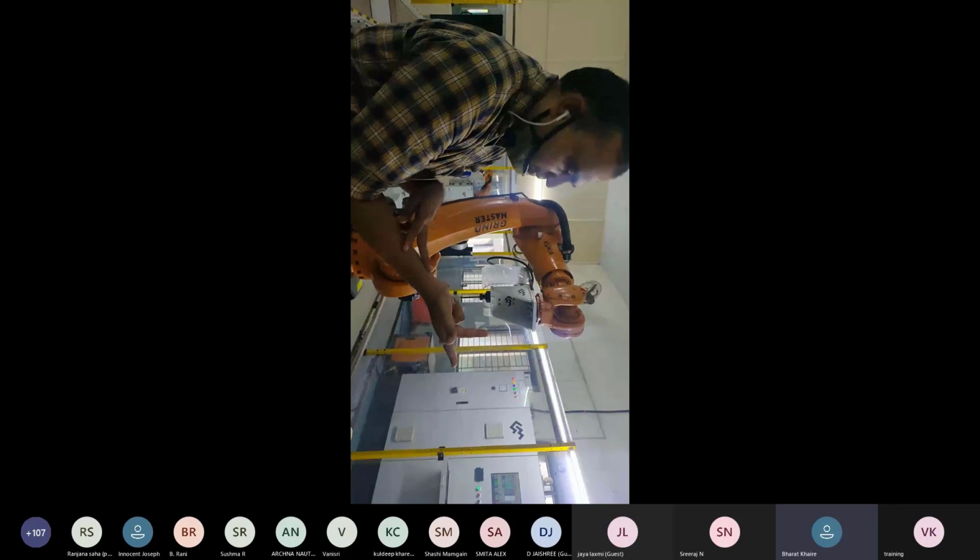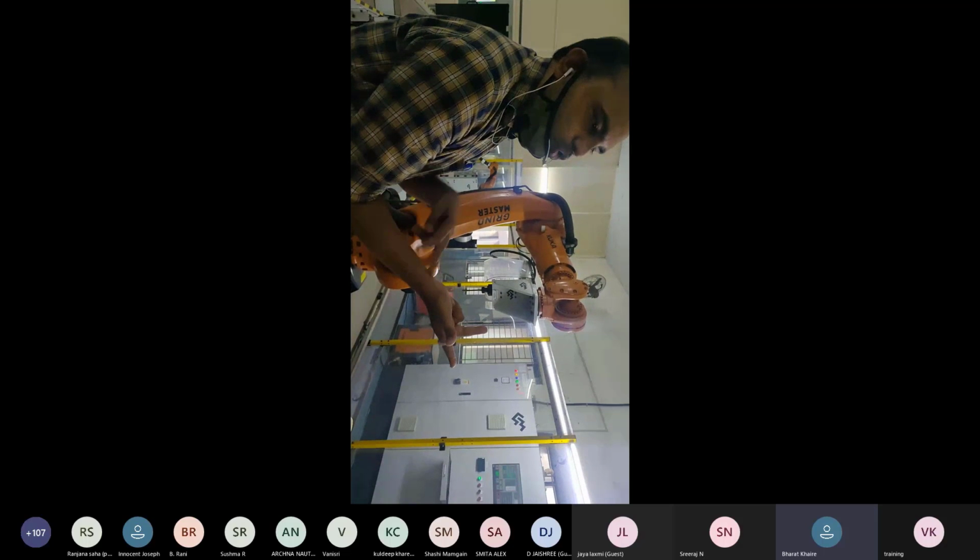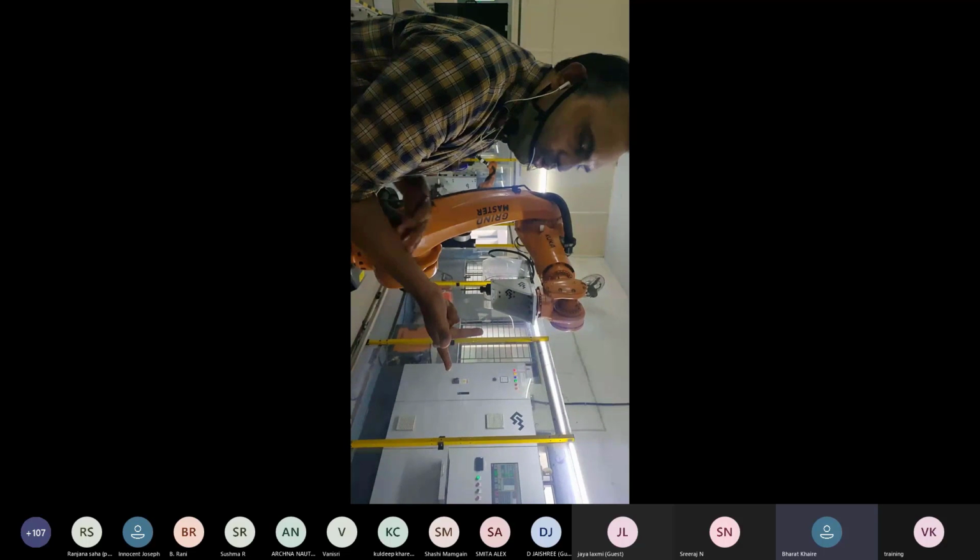So for any machine like a milling machine or robotic machine, we have to know the right hand rule to recognize the world coordinate system.